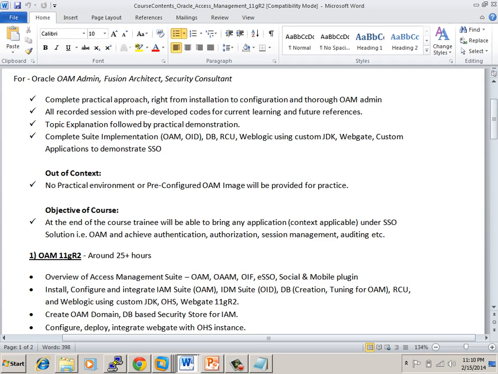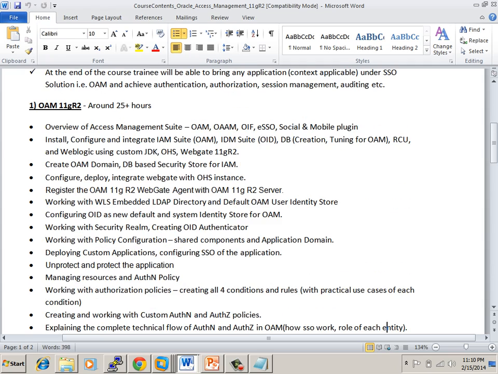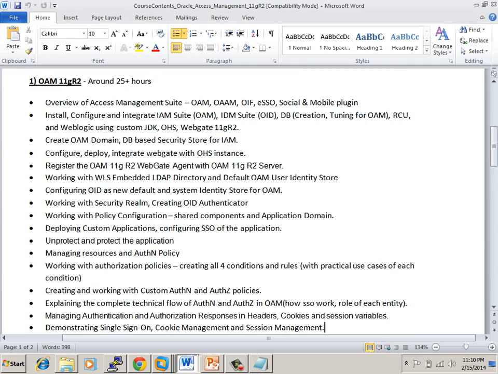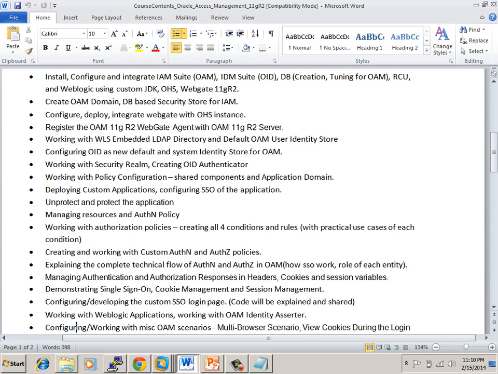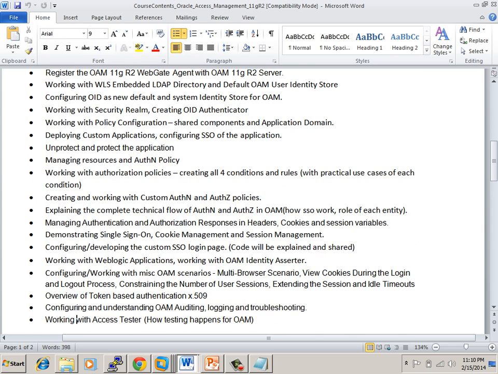The topics will be like, I will give you the overview of the access management suite. Then we'll install, configure, and integrate all the Oracle Access Manager related stuff. Then we'll create the domain and all this sequence of steps which we will follow. You can go through that. There's a small development we will do,